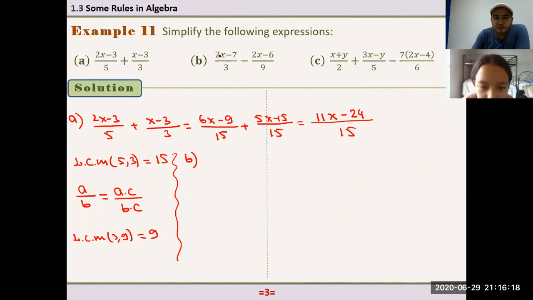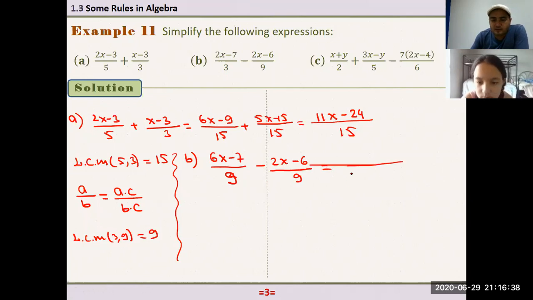3. So multiply by 3, here I have 6x minus 7 over 9, minus 2x minus 6 over 9. We have an unwanted line. Good. Denominators are the same, but